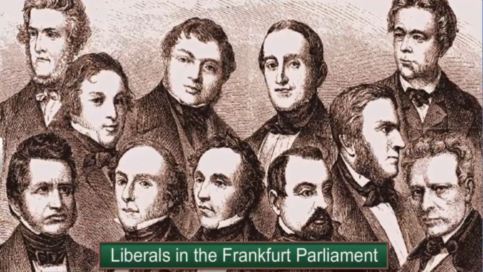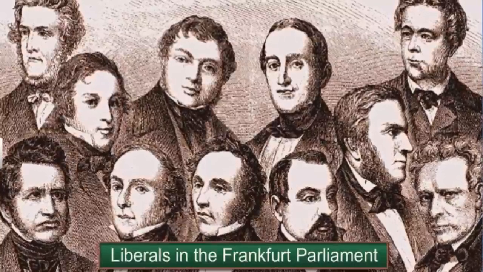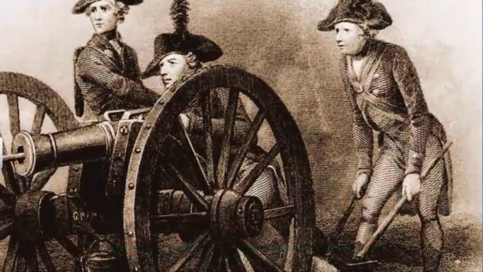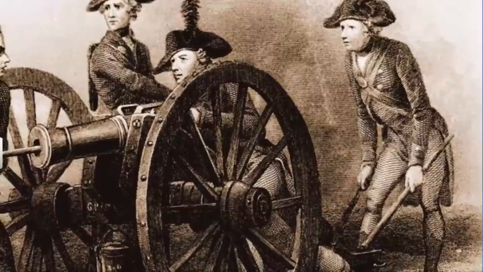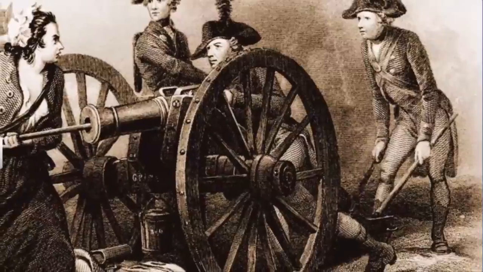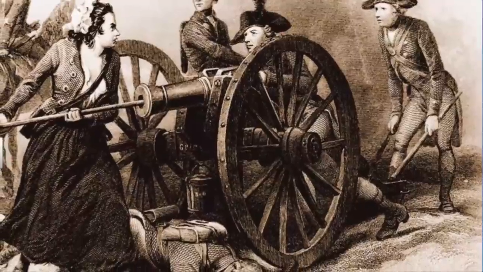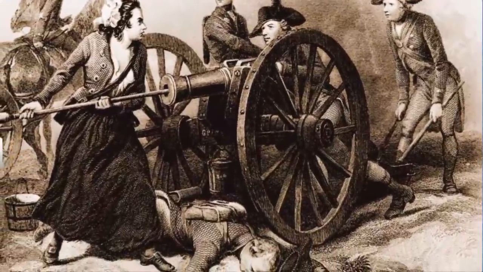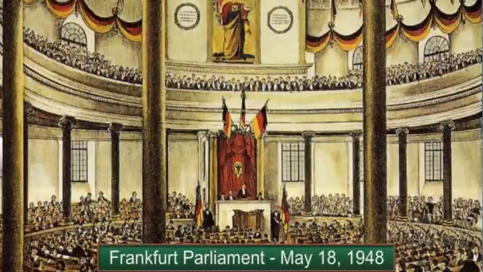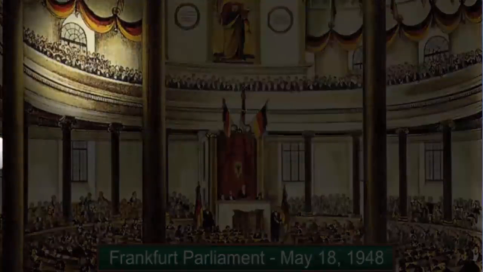Despite upholding the concept of universal freedom, the liberal revolutionaries exhibited narrow-mindedness in their attitude towards women. Since the French Revolution, women played an active role in revolts and popular movements. They founded newspapers and political associations, but suffrage and political rights still eluded them. The Frankfurt Parliament is an example where women merely acted as spectators in the upper left gallery.